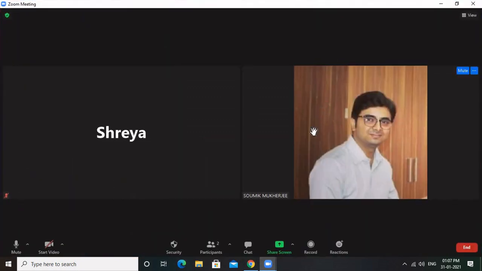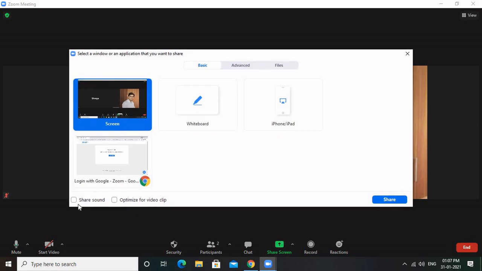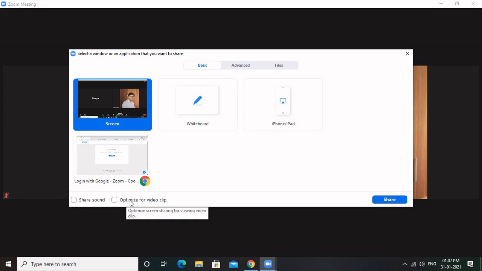Got the point? When you click on the share screen option, at the very bottom it is written share sound, optimize for video clip also. Share sound means whatever the sound of your system or your computer. Suppose you want to play a YouTube video, the sound of the video will also be heard by the students.